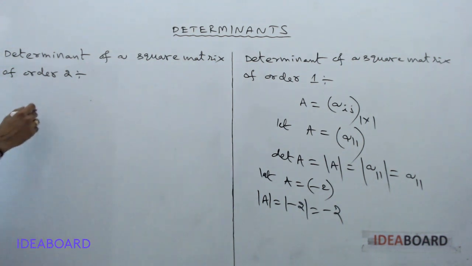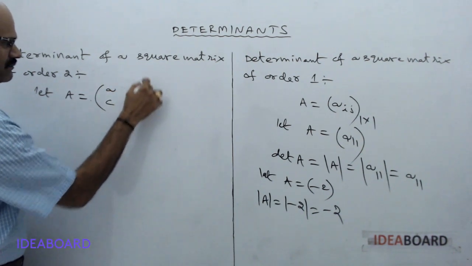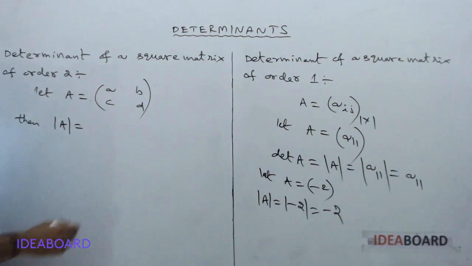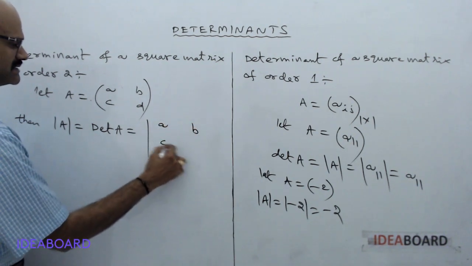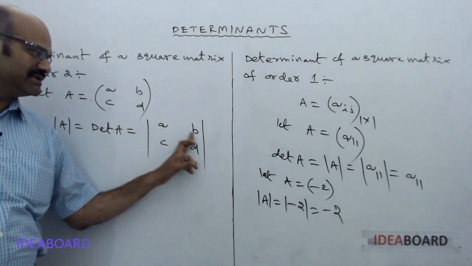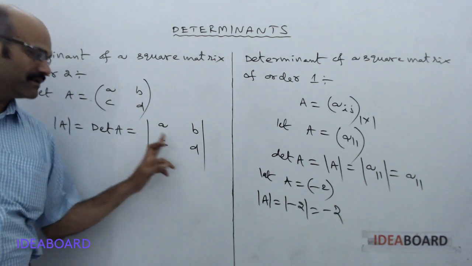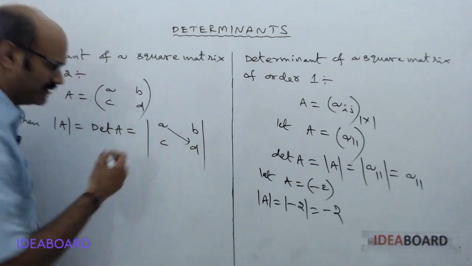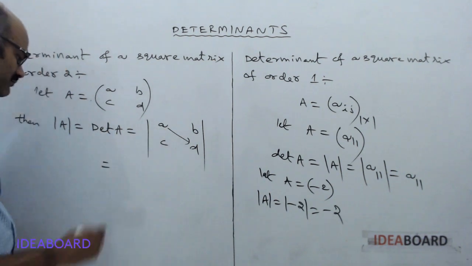Let me take a matrix A equal to A, B, C, D. Then det A equal to determinant of A, B, C, D. The determinant of a 2 by 2 matrix is defined as the product of principal diagonal elements minus the product of secondary diagonal elements. Here the principal diagonal elements are A and D. So here you have to take A into D